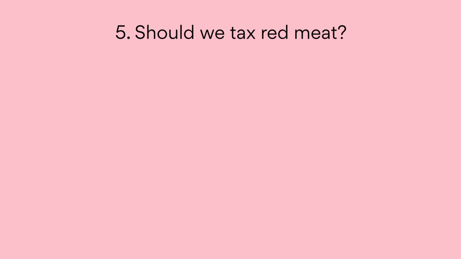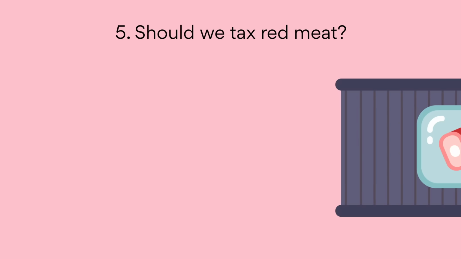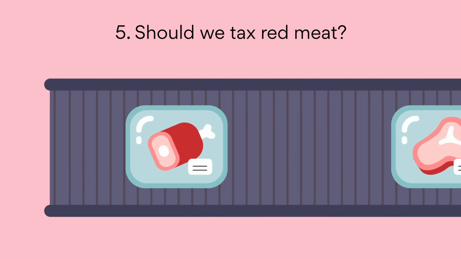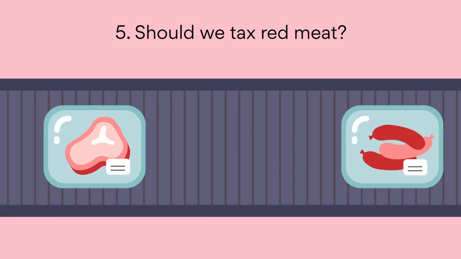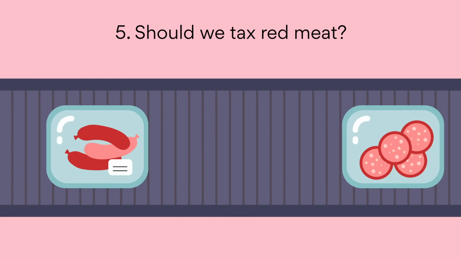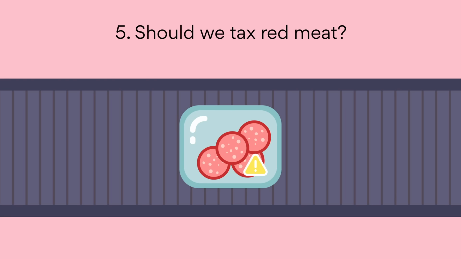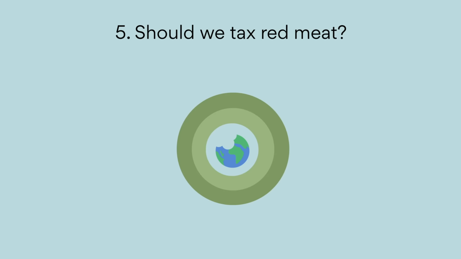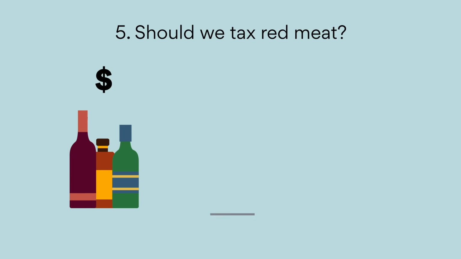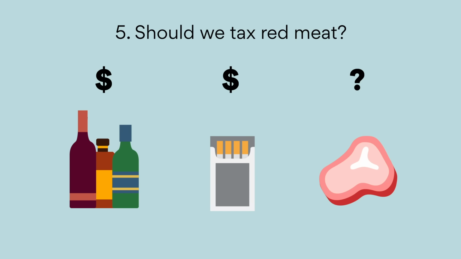Number 5, should we tax red meat? Red meat's been a long-term staple of Australian tradition. Barbecue, steaks, and more. But the stats are stacking against red meat. Not only is it labeled carcinogenic, it's also known to increase other health risks, negatively impact the climate through greenhouse gas emissions, and more. We tax alcohol and cigarettes, so why not meat? Some argue that meat is the new tobacco, but others argue that meat has been a part of our culinary tradition, and to tax meat is just pure excessiveness.